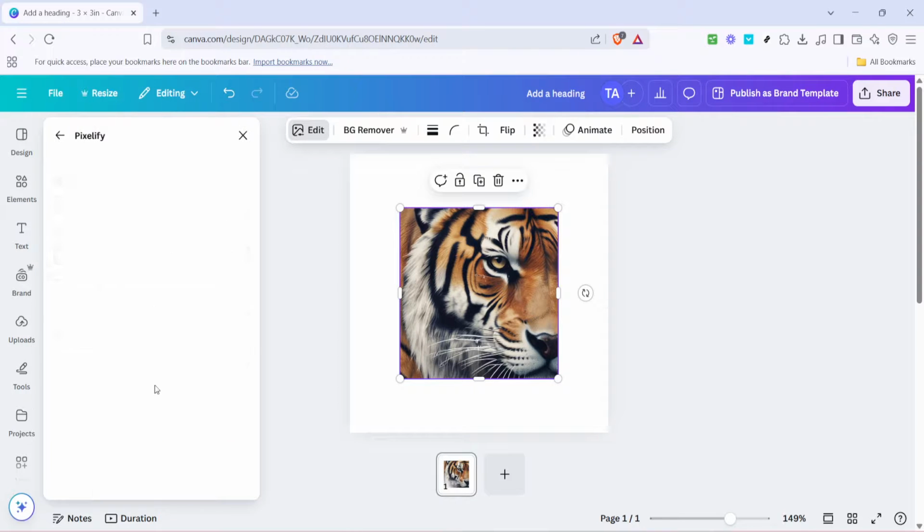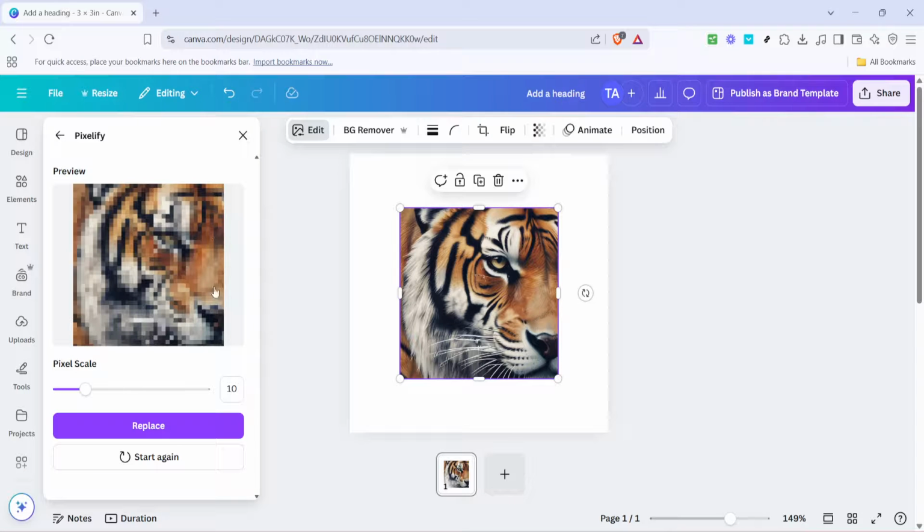Click on Pixelify and you'll notice that your image will begin to transform with the pixelation effect. Now take a moment to check the effect and see if it's at the intensity that you desire. If it's too pixelated or not enough, don't worry. Canva allows you to fine-tune the level of pixelation to perfectly suit your needs. Simply adjust the slider or settings provided by the Pixelify tool to increase or decrease the pixelation until you're happy